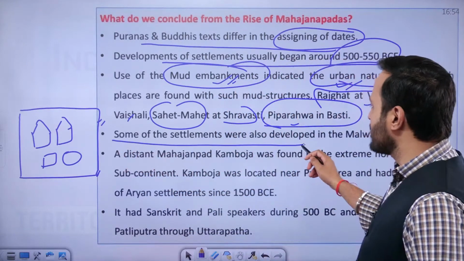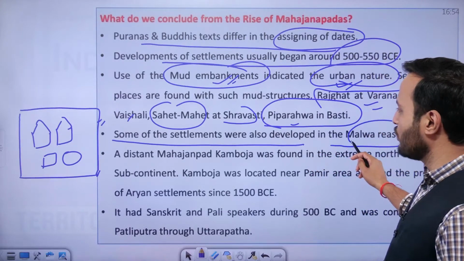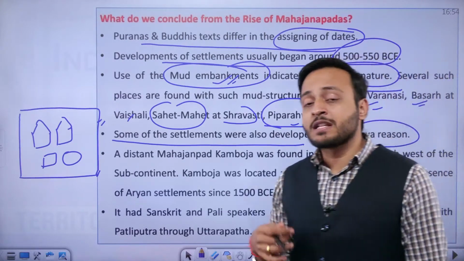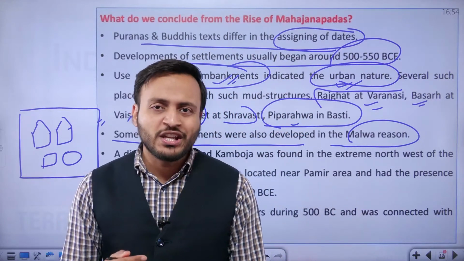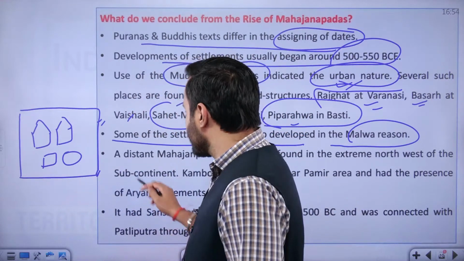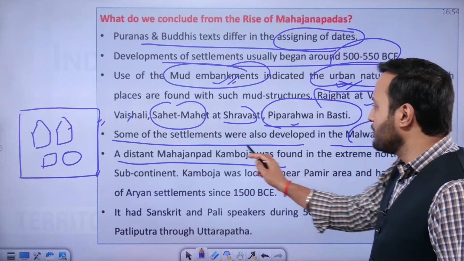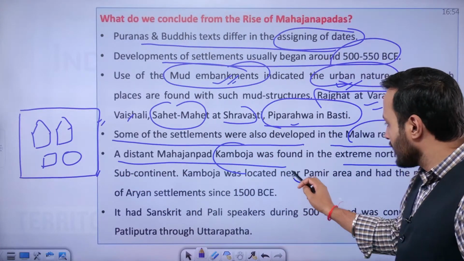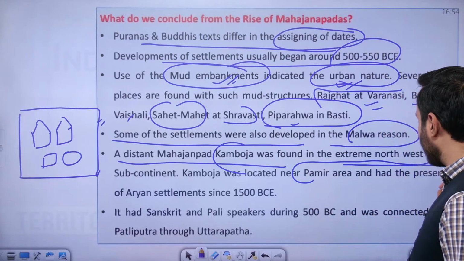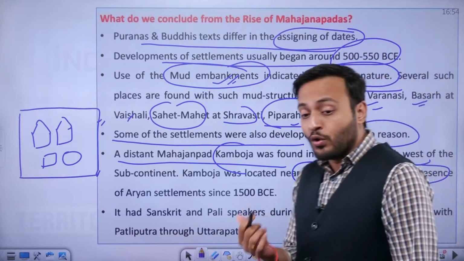Some of the settlements were also developed in the Malwa region, as I told you. So we also have some of the old embankments obtained from the regions of Ujjaini. Okay, and the distant Mahajanapad Kamboj was found at the extreme northwest, where the Kamboj location was close to the